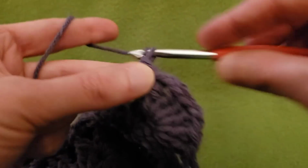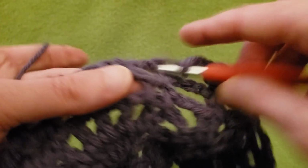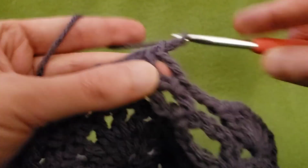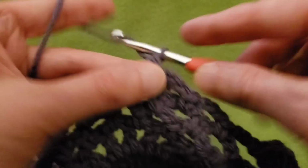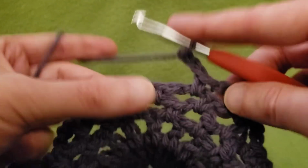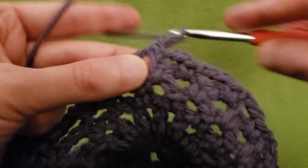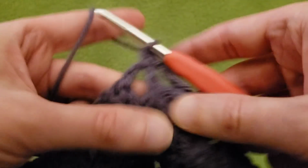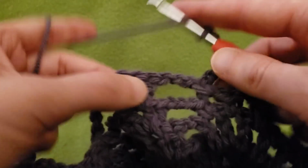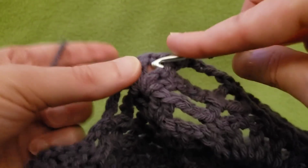Okay. Chain 3. Single in the next space. Chain 3. Single in the next space. Chain 3. Single in the next space, and so forth. Okay, almost there. One more. Okay, so from here, chain 3, cluster in the cluster. So that's 2 doubles, chain 1, 2 doubles,